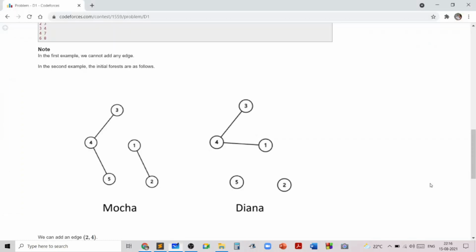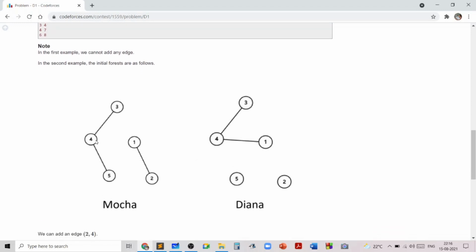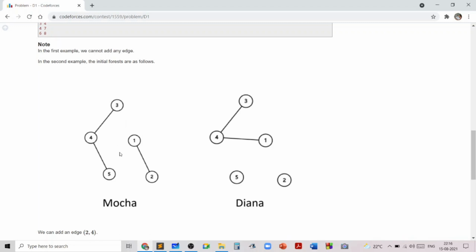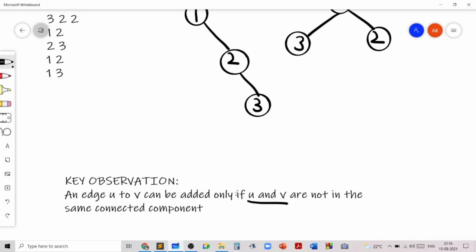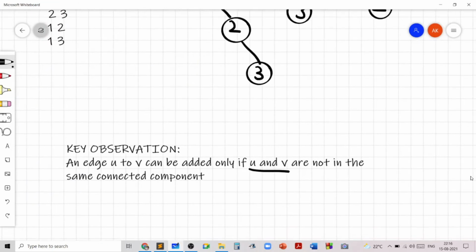And this is because from the examples it's clear that we cannot add the edge from 3 to 5, we cannot add the edge from 4 to 5, or we cannot add the edge from 3 to 4, but we can add the edge from 1 to 4, we can add the edge from 1 to 3, we can add the edge from 2 to 4, and all the ways in which we make sure that the two edges which we add are from nodes in different connected components. So this is the key observation which first came to my mind when I saw the problem.